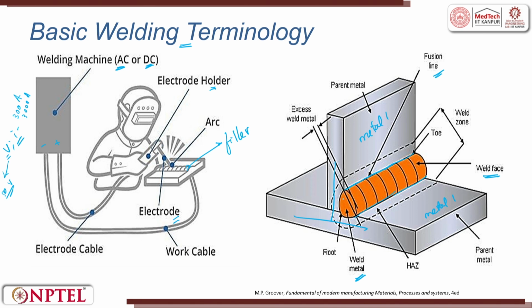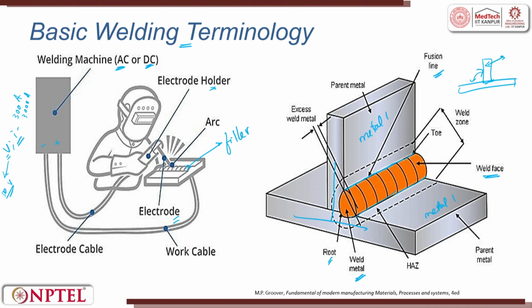So, when we try to do it, if you exactly have a flat plate like this, there is a possibility that this can shift this way, or it can go like this. So, what we do is we try to create a small slot for holding. That is called the root. So, the weld will flow there, and then it will try to form a bead which will try to join.